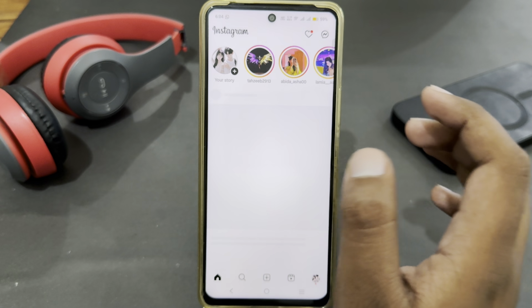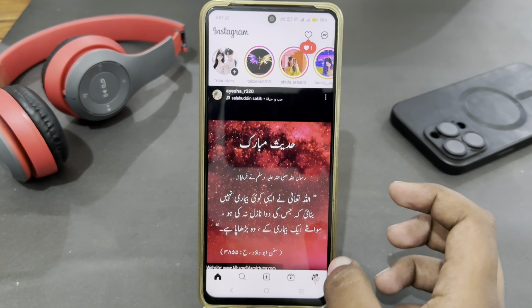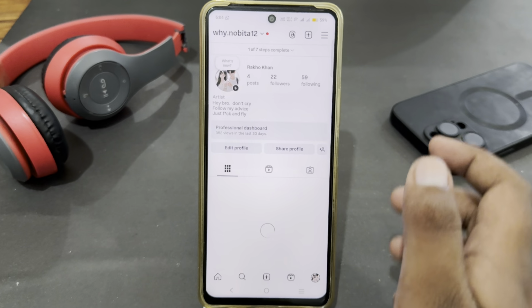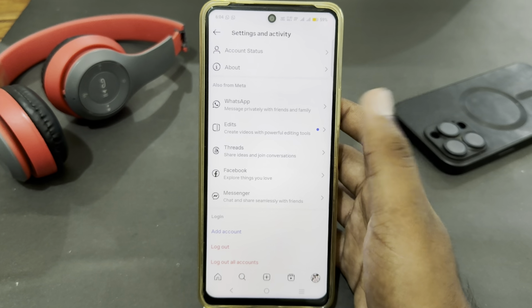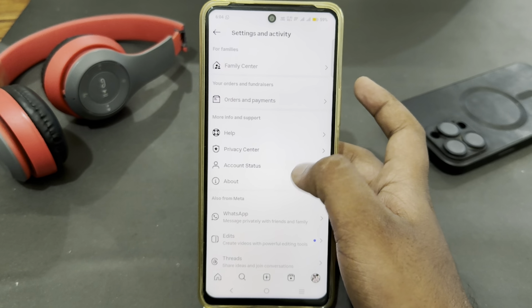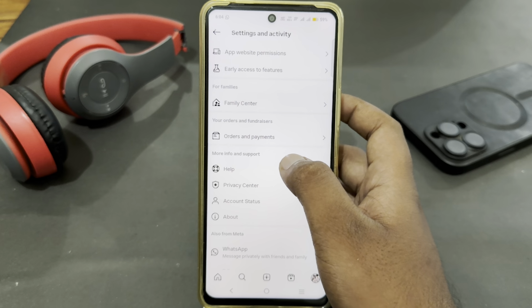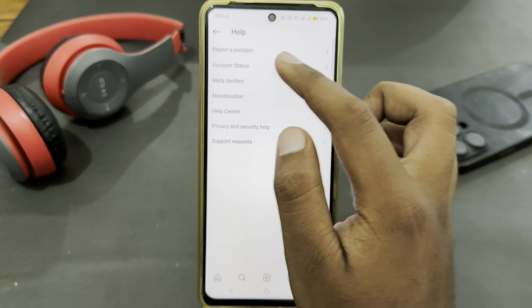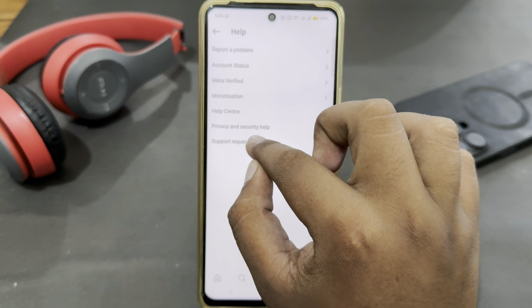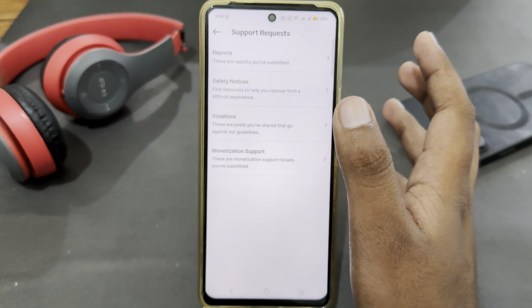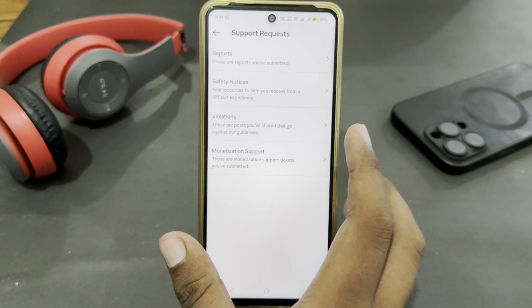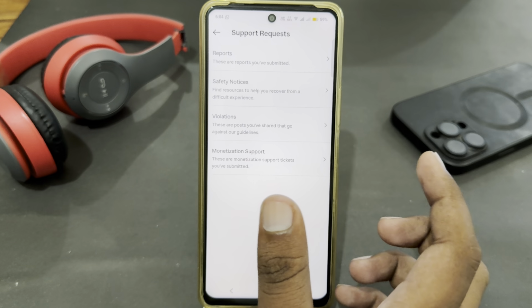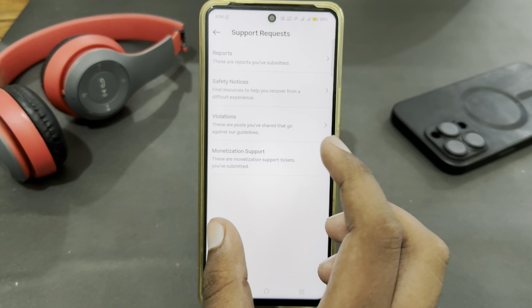But if you are still having the same issue, you just have to open your Instagram app, and here you have to contact Instagram support. So go to your profile and then the 3 dots, and here just scroll down and look for support. Just go for search, and here's the support. Just tap on it, and here you just have to look for support, and you have to describe the problem which you have, and then it will send you